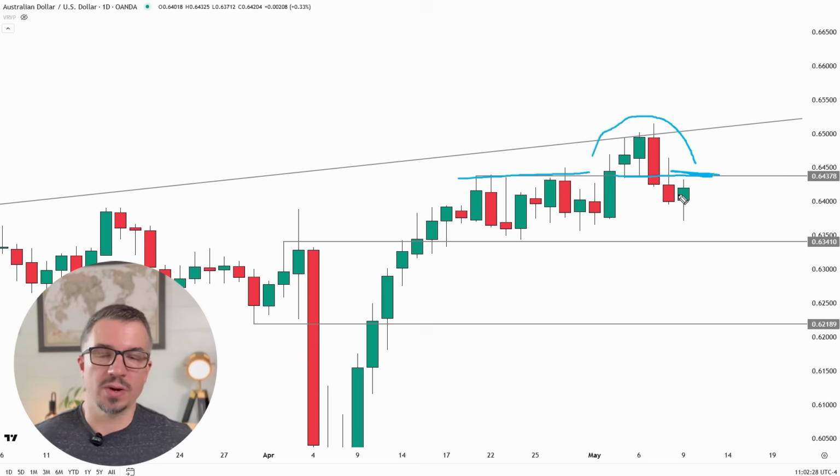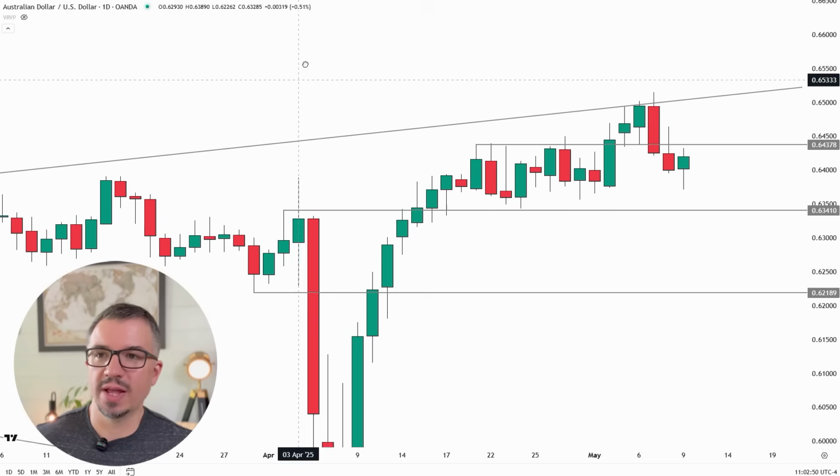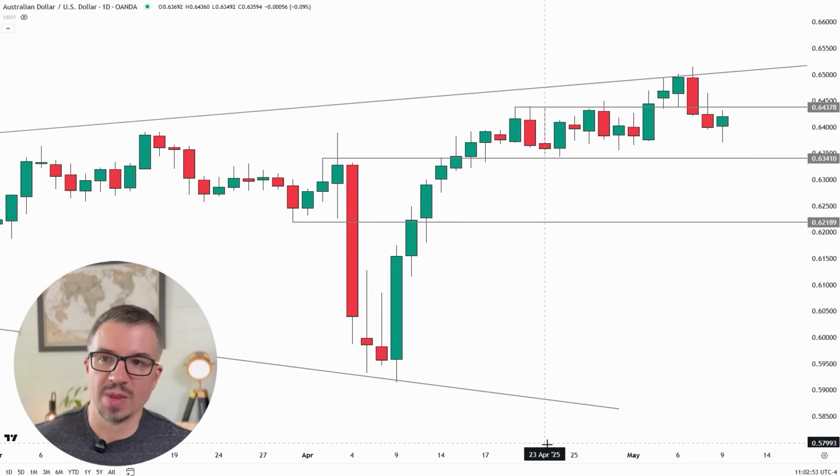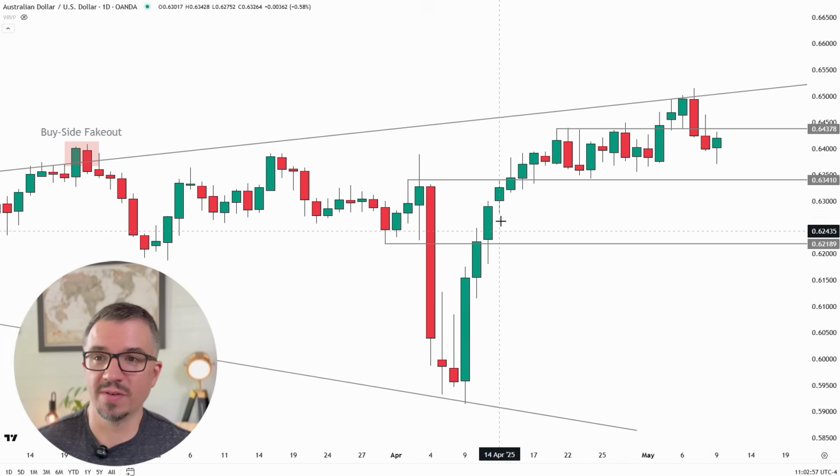So if this can hold up, okay, and this is still a big if because again, markets are very sideways, the DXY is sideways. If this holds up, then there is that chance that this up here becomes our fake out and we get that push down here into some of these lows, potentially sweep this around 63.40, and then from there potentially get a move down here into some of these imbalances because like a lot of these currency pairs, especially the Australian dollar, though, because of the velocity of this move, you can see that all of this back here,